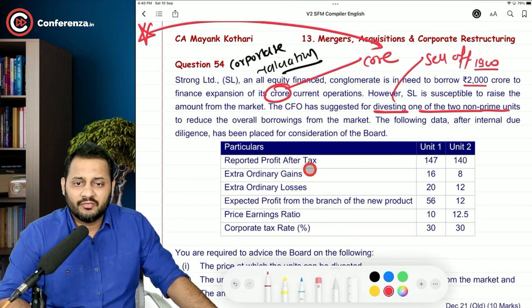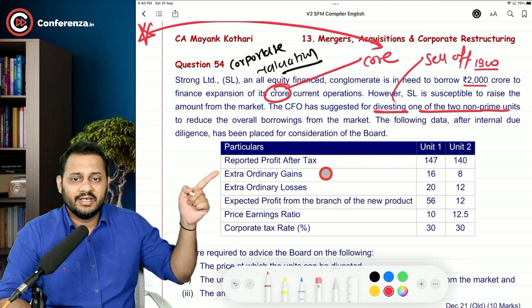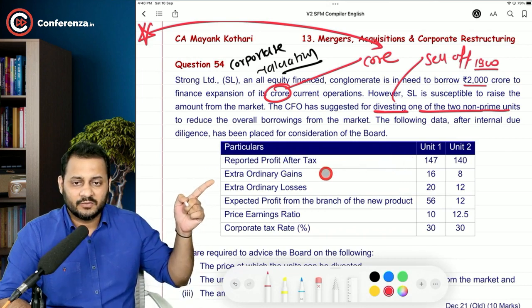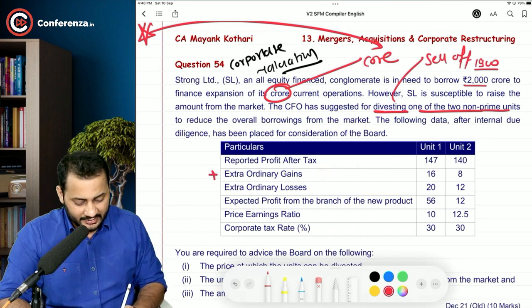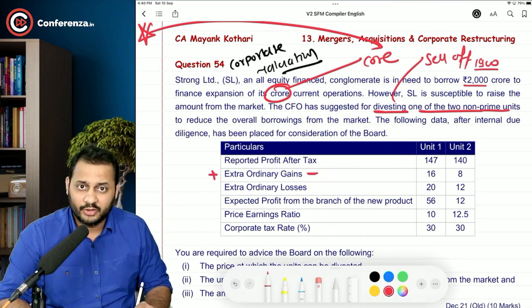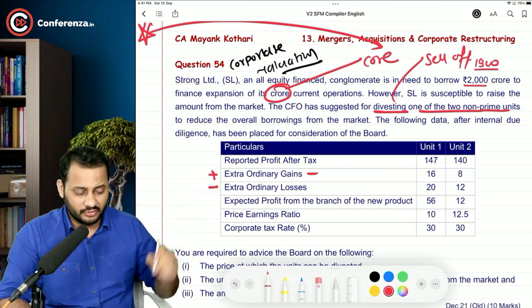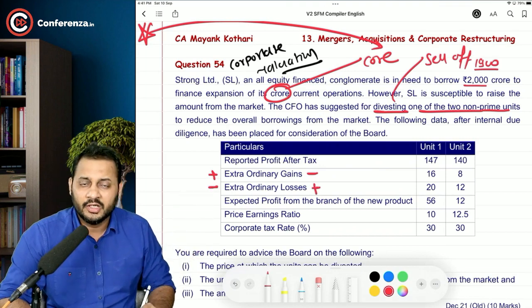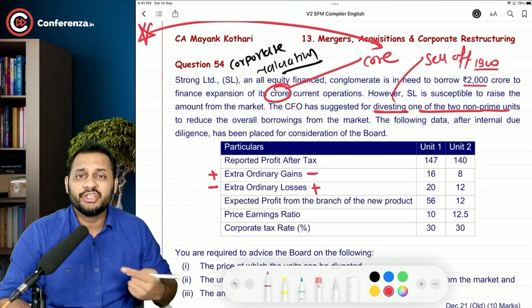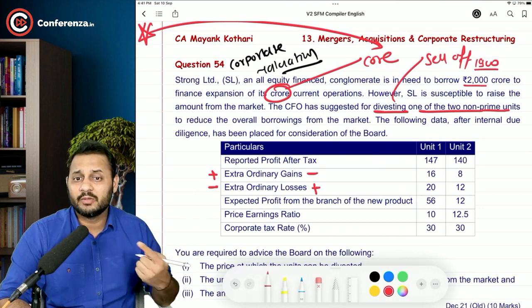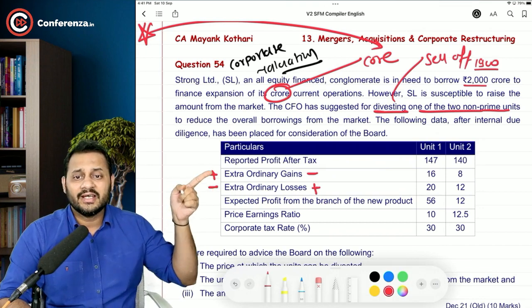Reported profit after tax is 147 and 140. Extraordinary gain, extraordinary losses. This was earlier added, now it will be deducted because this is extraordinary. This was earlier deducted because of the losses, now it will be added back. We are going to come to the future maintainable profit, and for that purpose we have to remove the extraordinary